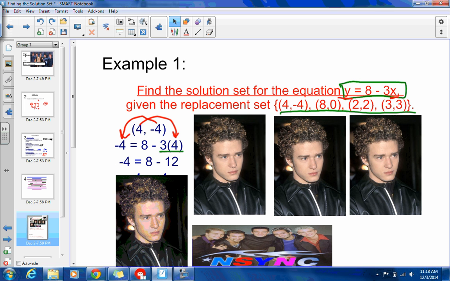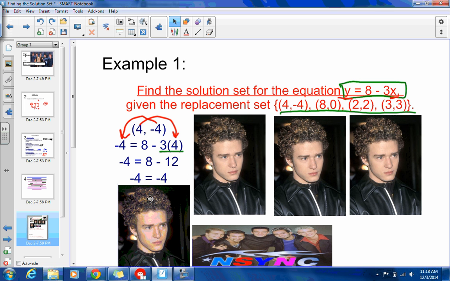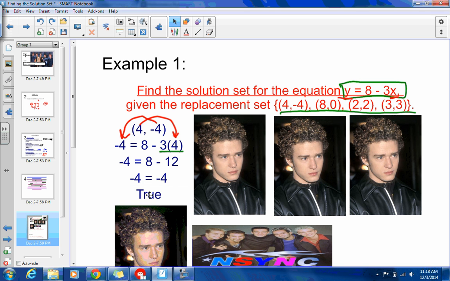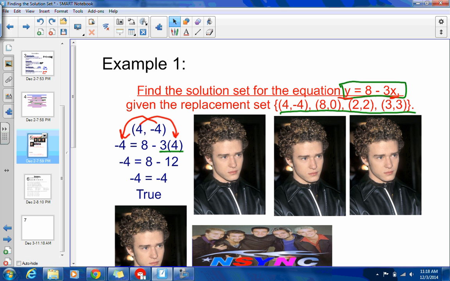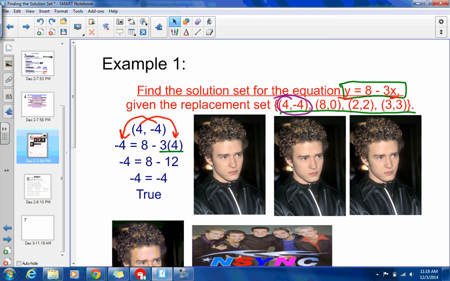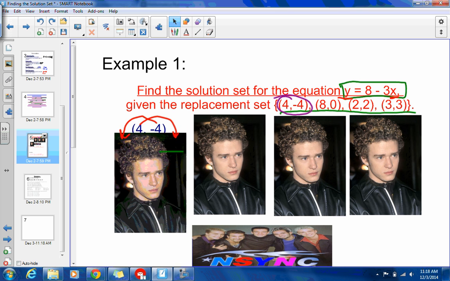We're not doing anything to the left side because we don't need to. That's just a number. We're trying to simplify the right side. And negative 4 equals negative 4. And obviously that is a true statement because negative 4 is equal to negative 4. So that means we can take a look at our replacement set and say, all right, I know this one is good. Okay? Then take a look at the other ones. You do it all with the other 3